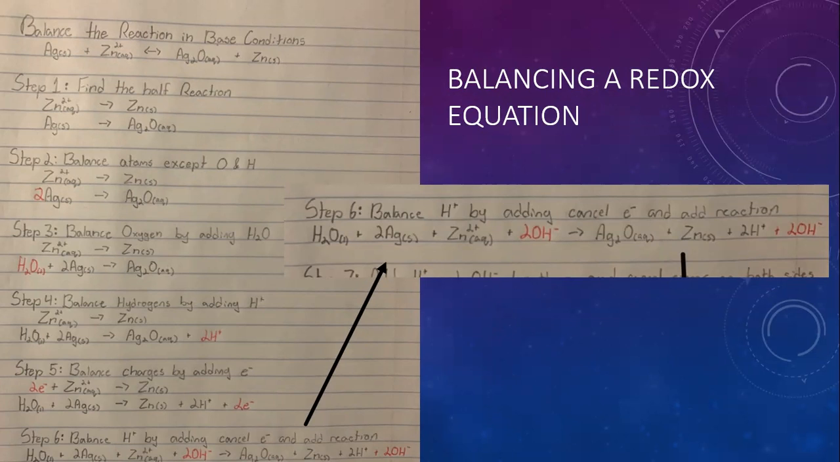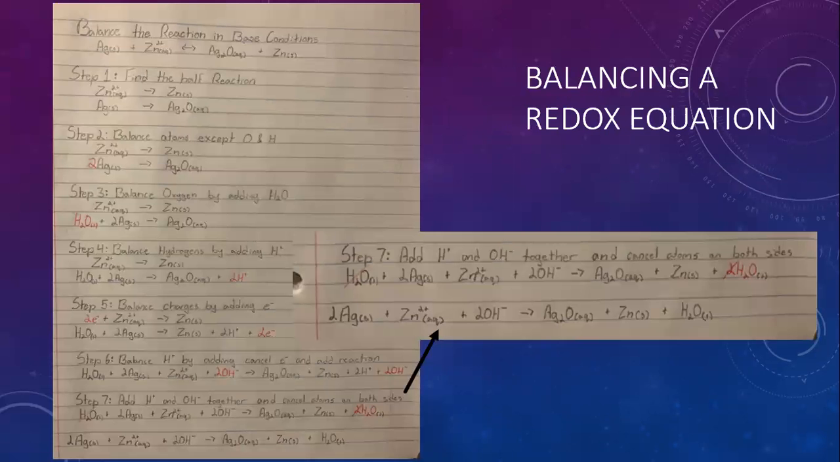So we added our equations there, or added our atoms. In step 7, you add the H positive and the OH negatives together, and that will form water. Then you cancel any atoms that are on both sides. So for this example, we have one water on this side, then we have two waters on this side. So one of these waters will cancel out. And then the final reaction is